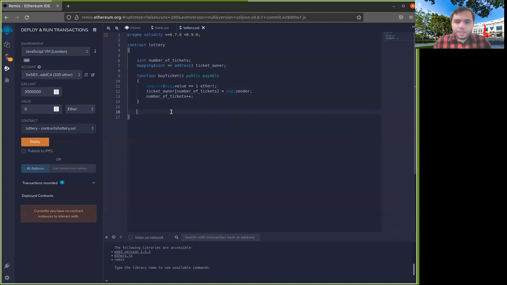The part that is actually interesting for us, and I will spend most of this session talking about, is how do we figure out the winner? So we should have another function, I don't know what we can call it. Maybe we can call it raffle. And the idea is that this function, which is also public, should basically choose one of the tickets uniformly at random. And then the person who owns that ticket would be the winner of the whole lottery and will get paid. Right.